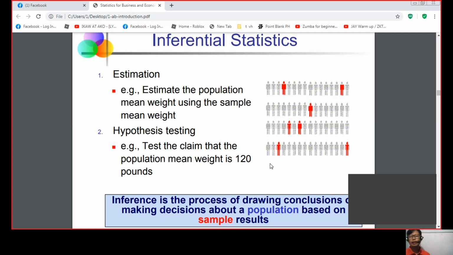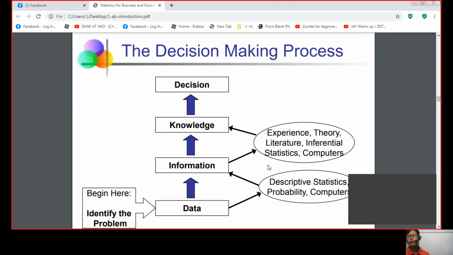Okay, so isa pang example before I discuss the decision making. Isa pang example is, let's say, sa isang barangay, so there's certain epidemic, let's say there are around 300 ang nakatira, population is around 300. So, hindi mo naman lahat yung mga yun, kailangan mo silang i-test. So, you should get only 30% of that, which is around 90 persons, and then those 90 persons, you would